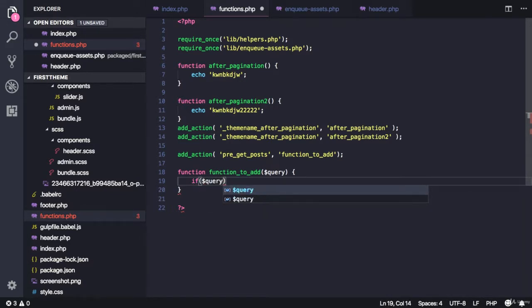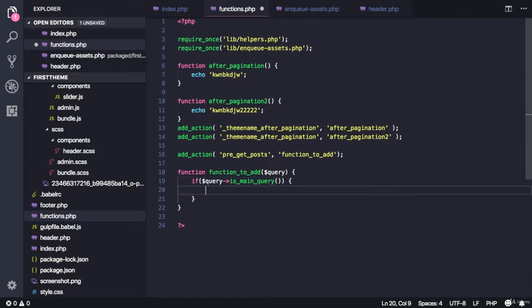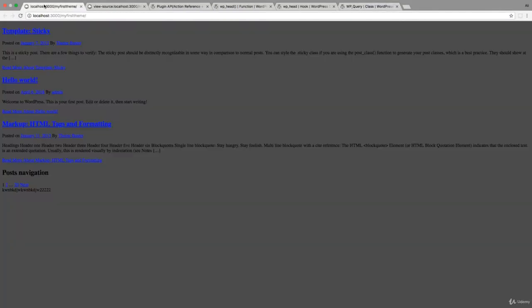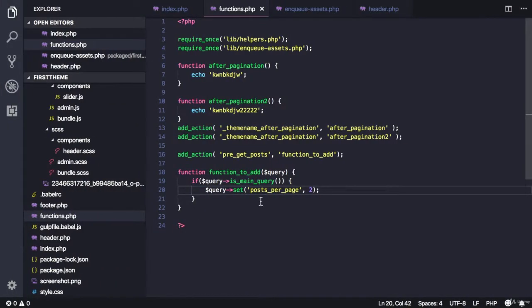if the query is the main query. Remember the difference between the main query and a secondary query. So if it's the main query, let's set maybe the posts per page to 2. Let's see what will happen. So in our main query we only have 2 posts now. So you can actually use this